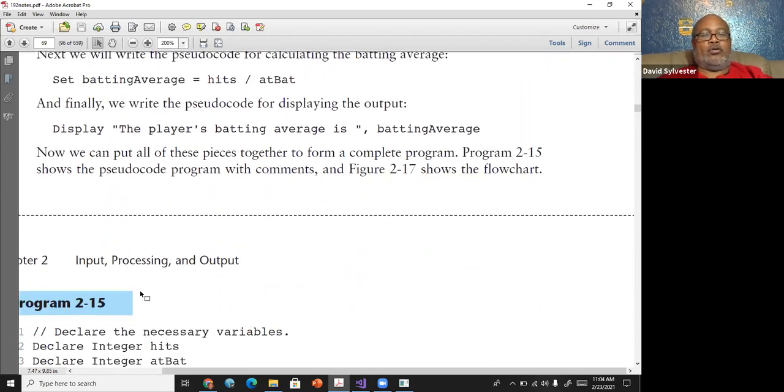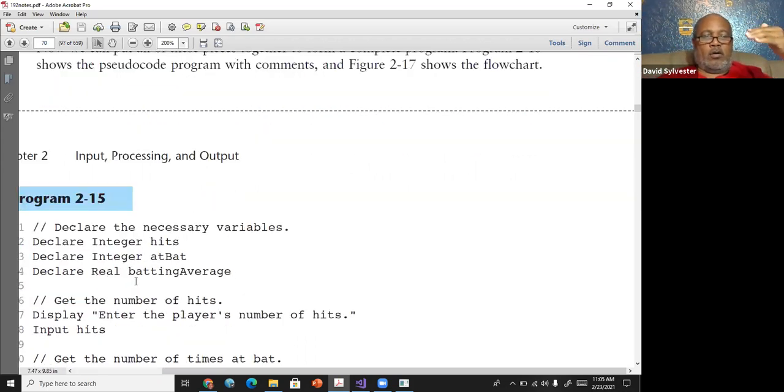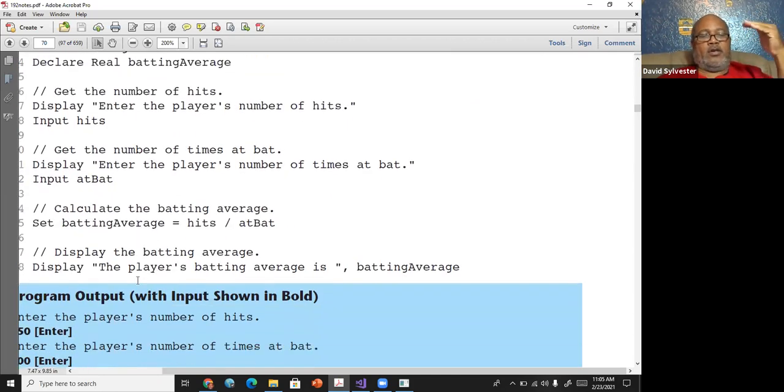All right. So you see the things we have to go through. Read the problem. Determine what it is we need to do. Determine the different data, the variables that need to be used in the program, the input. Then determine the process, what we need to do once we get the values, how we're going to calculate them. And then once we do that, how we're going to output the data. So all these steps, like I say, you need to follow through.